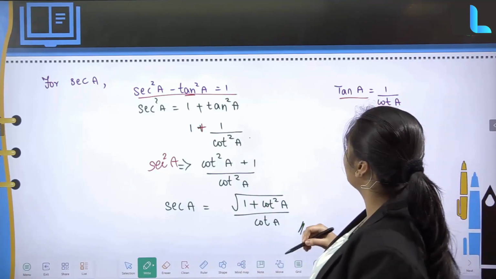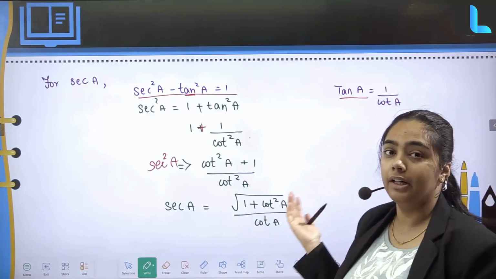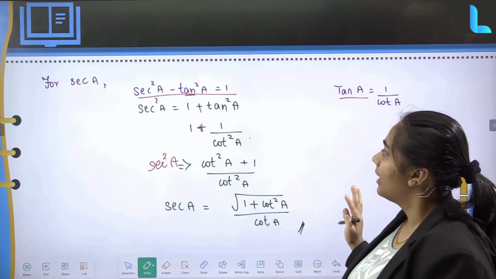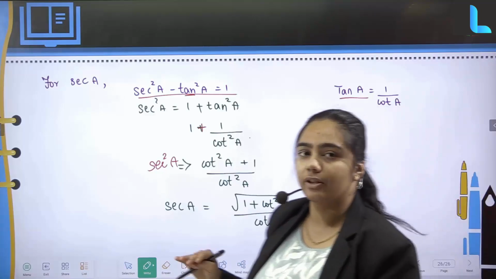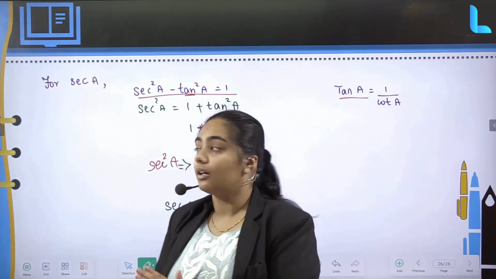Right. So the last thing was tan, you have to represent in cot A format. So tan A is just the reciprocal of cot A. Right. This was something exclusively for this particular chapter. So we have covered quite unique